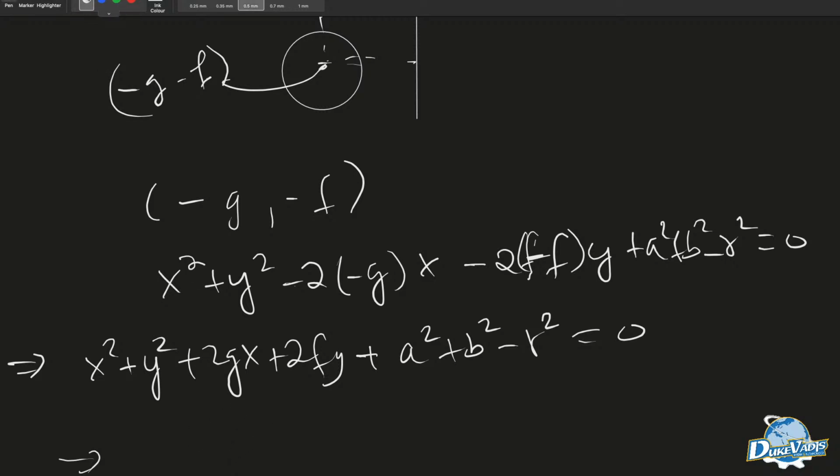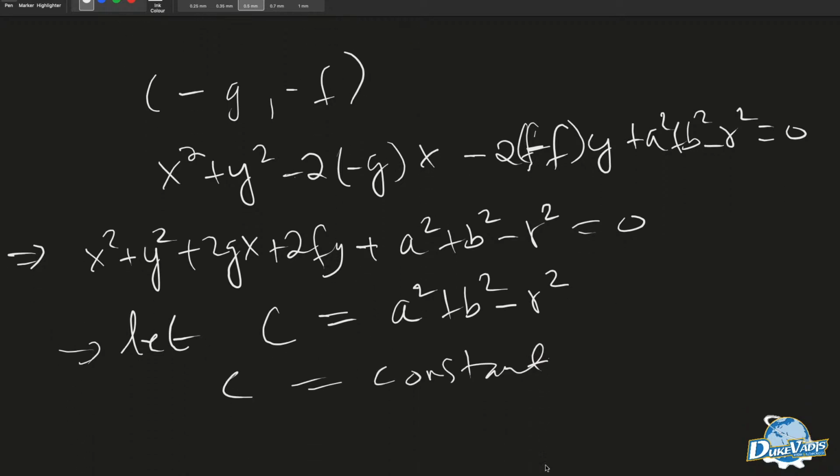So we can say that we substituted that into this equation. If the center is (-g, -f), then our equation can stand this way. We can also select c to be equal to a squared plus b squared minus r squared. So this c here is a constant